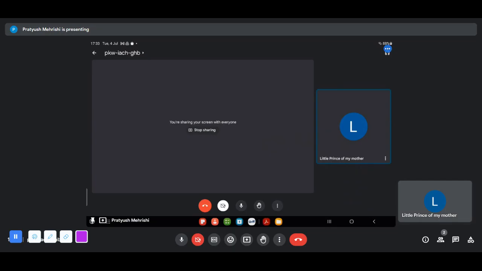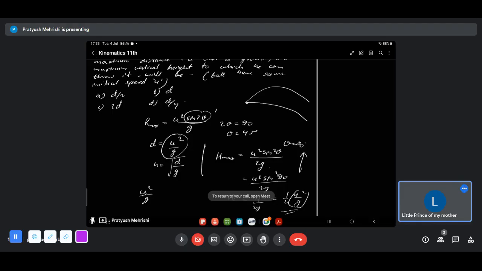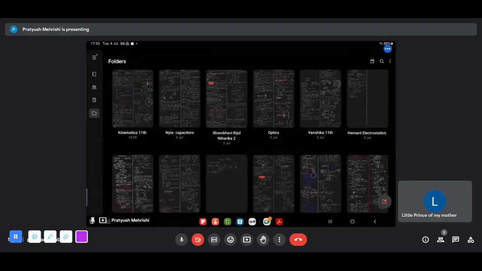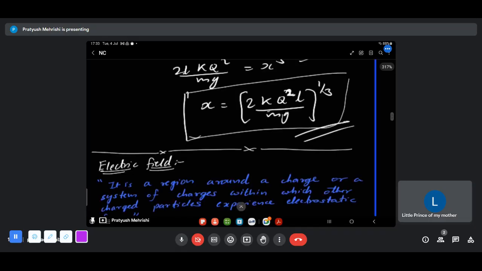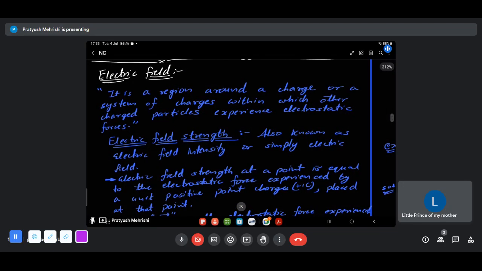Where were we in our last class? So we need to start with electric fields. Electric field. Now, see this. Are you able to understand the concepts in this way? I am only proceeding like this so that we can focus more on questions and our speed will be fast.